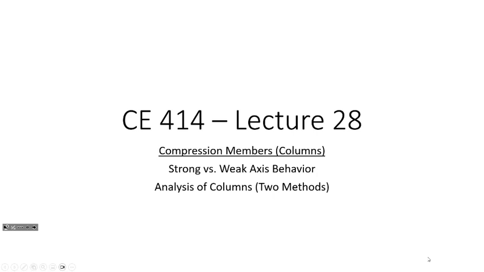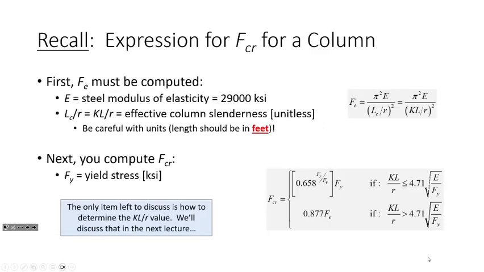All right, so first off, let's just make sure that we're all sort of familiar with the expression for Fcr because we're going to use it today. I don't think I emphasized this in class last time, but for the inelastic column range, that Fy over Fe fraction, that's an exponent. It's not 0.658 times Fy over Fe. It's 0.658 raised to the Fy over Fe. And so again, it just fits the